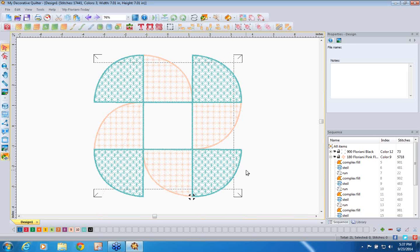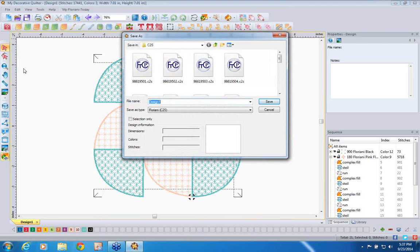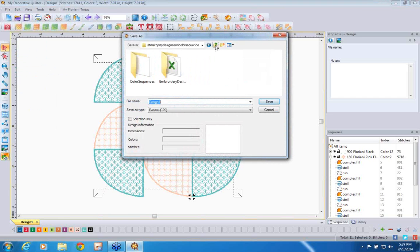All right, so that completes the design. What we're going to do now is we're going to save it. So the first thing we want to do is we want to save it as a C2S file. So you want to come up here to your file, click Save As, and we are going to save it as a C2S file. Now I'm going to show you where that